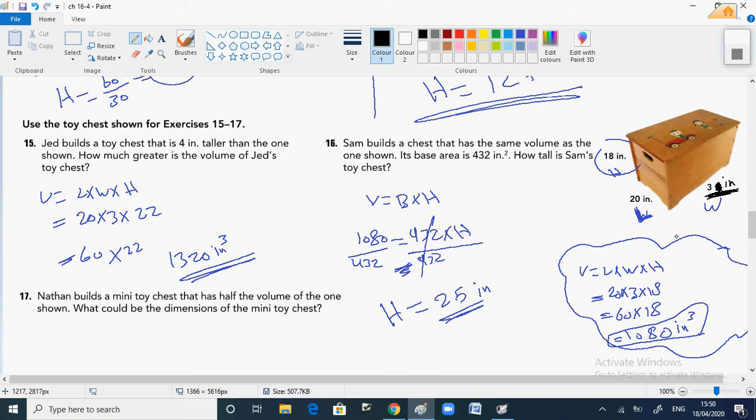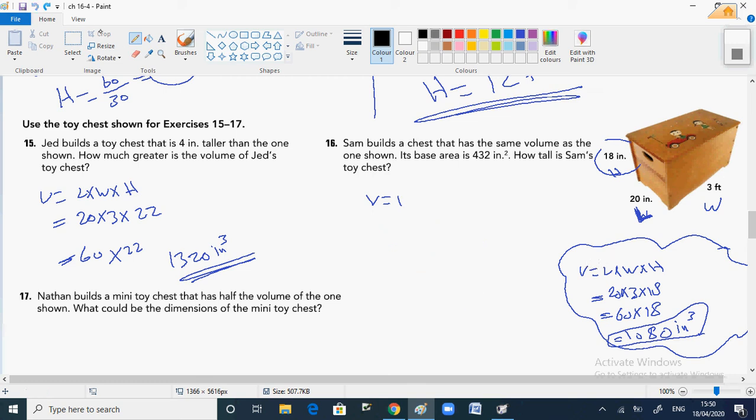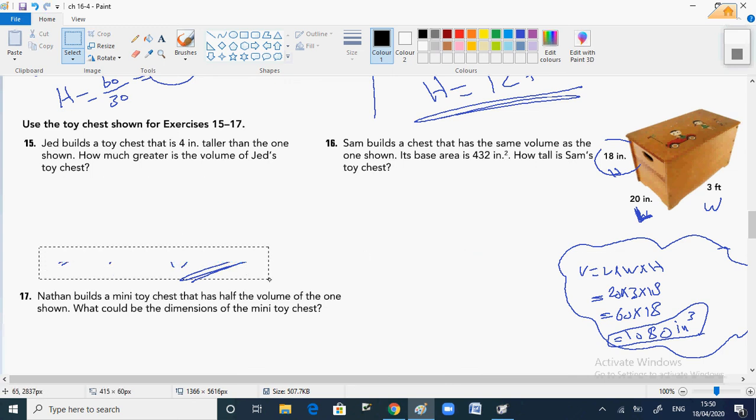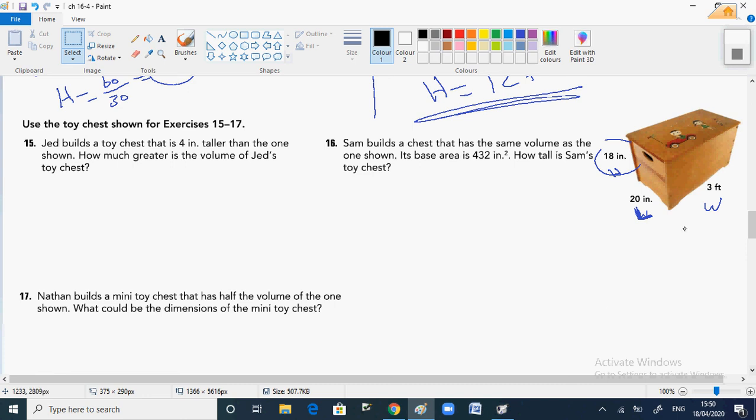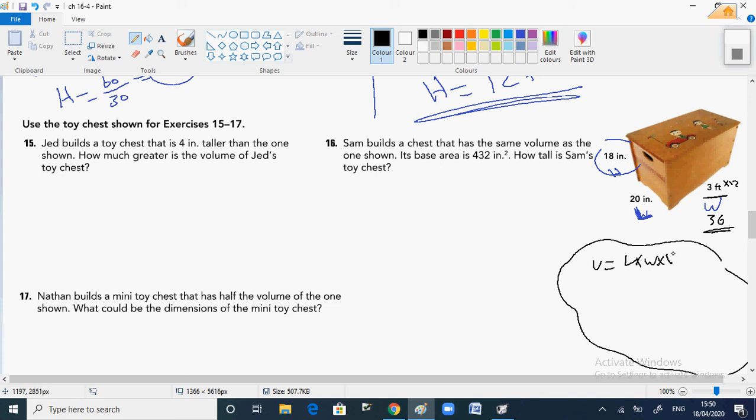But if I want to solve them as feet, I have to repeat everything here, right? So I have to cancel everything here because we have different units. 3 feet, that means times 12 becomes 36 inches. So the volume here again, I have to repeat it. Volume is length by width by height, 20 by 18 by 36, right? So I will multiply 20 by 18 by 36. The answer is